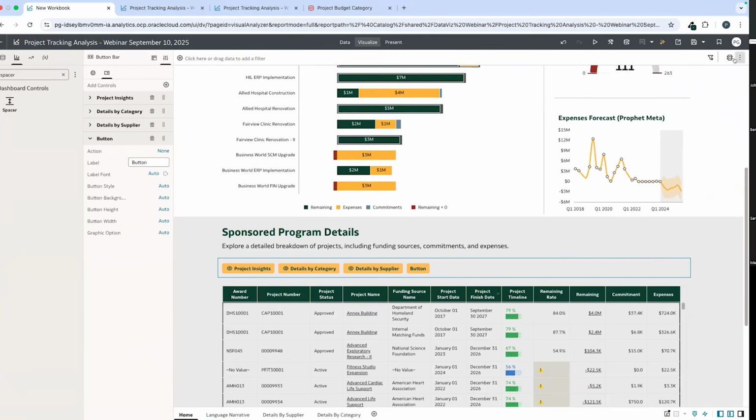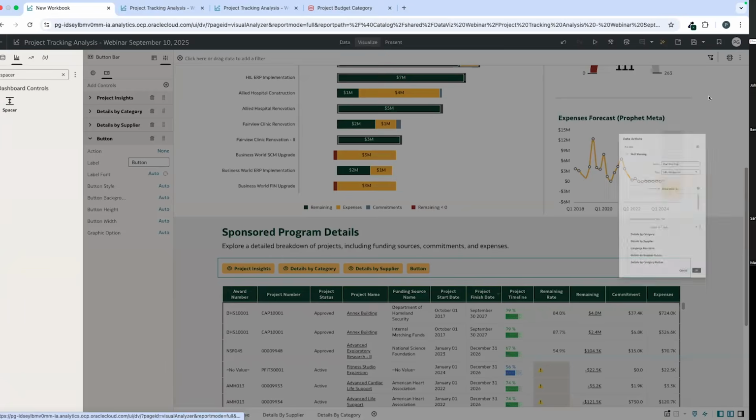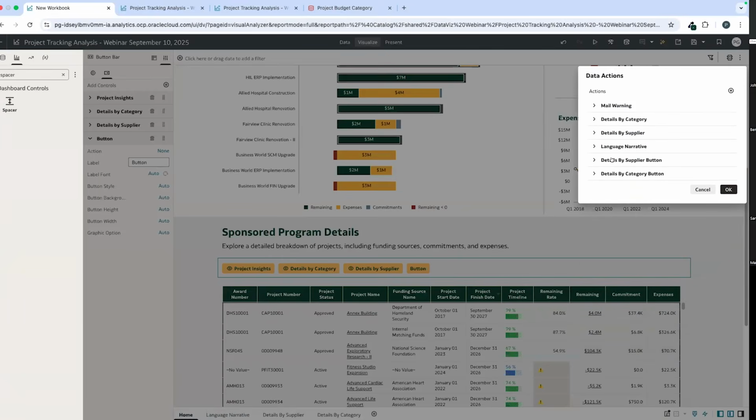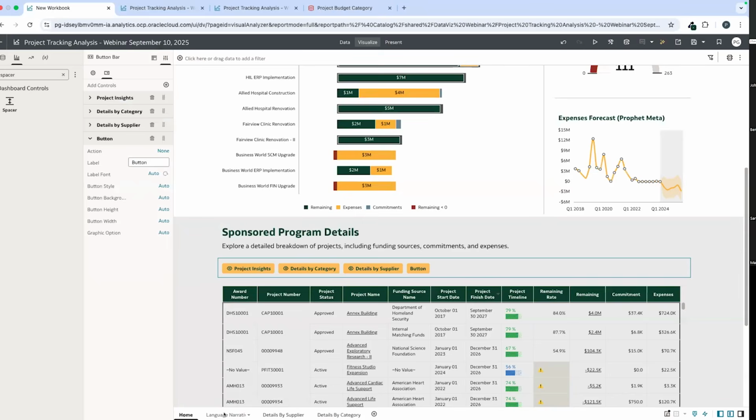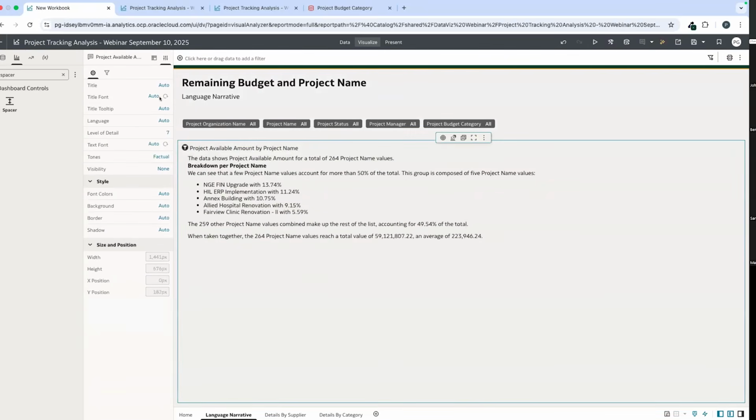And the secret, I would say, is that in my data action, I've created here details by supplier button. You just need to turn off the toggle of requires data because you don't need any data to trigger that. And here I'm redirecting this button to this canvas as a pop-up. Basically, it's just this canvas where I'm using